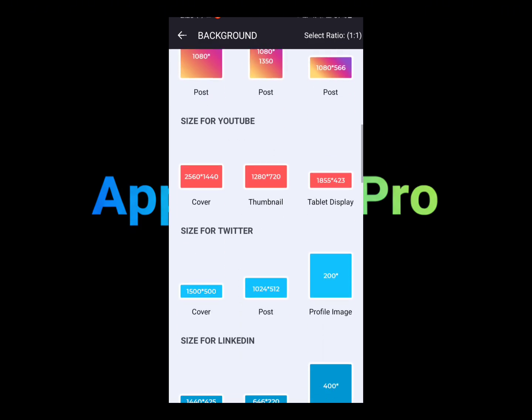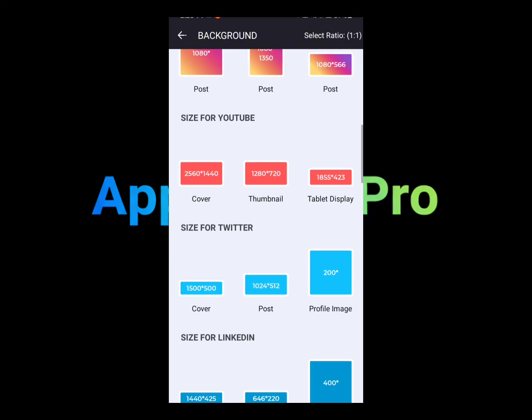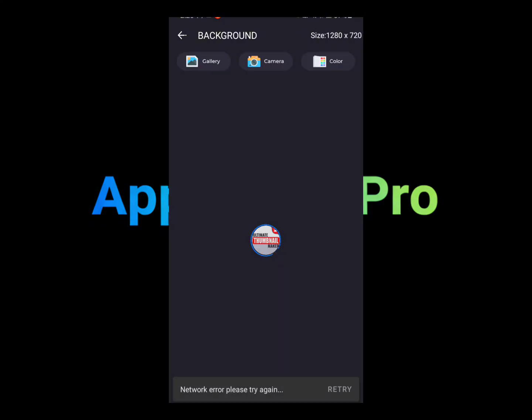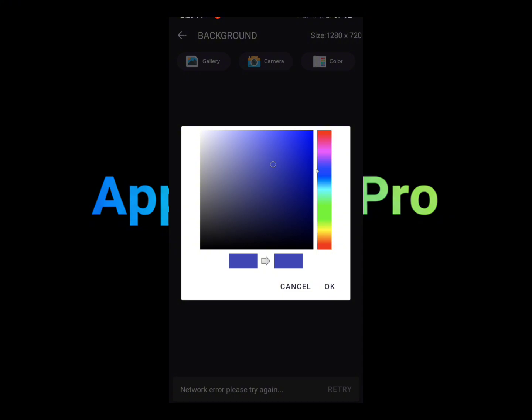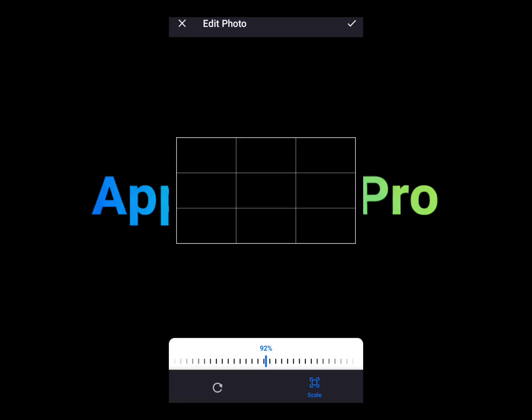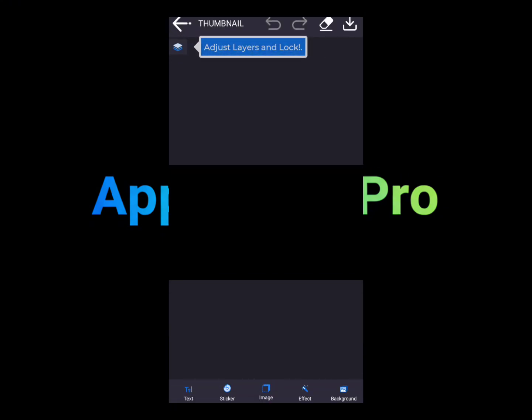So let's say, for example, we create a thumbnail for YouTube. Let's tap on the thumbnail option here. Here it will allow me to either go to my gallery, take a picture right away, or just choose a color. I'm just gonna choose black real quick. Once I've selected that, I can also adjust the box here to my liking, but it's pitch black, so there's nothing to adjust there. I'm just gonna tap on the tick icon at the top,